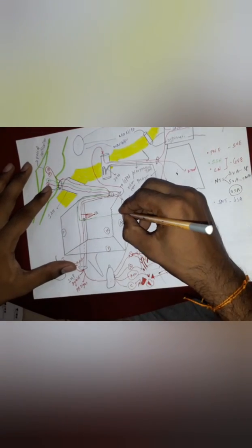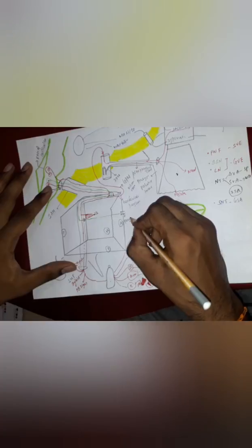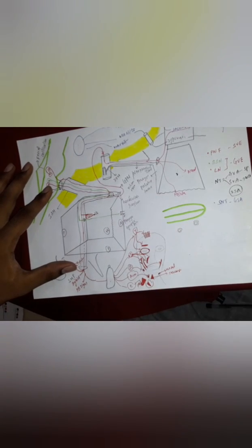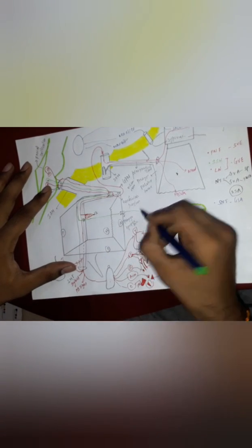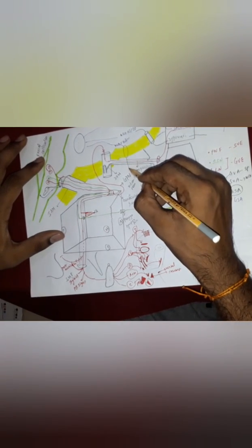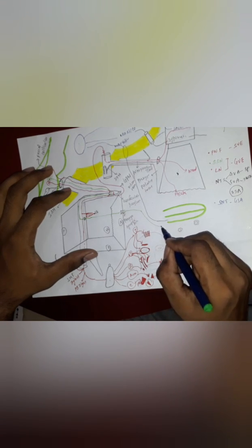there is some fissure here. What is it? This is your pterygotympanic fissure, and it enters your infratemporal fossa. This is your infratemporal fossa, and what it has to do is supply your submandibular gland and your sublingual gland. So it has to catch some nerve which supplies it. As we all know, your mandibular nerve enters via your foramen ovale, and it gives a lot of branches, and one of the branches is your lingual nerve which supplies your tongue. Fine. So it catches your lingual nerve and it rests in